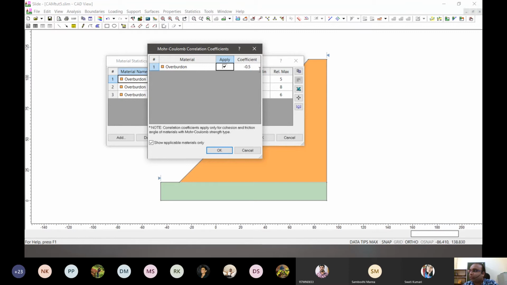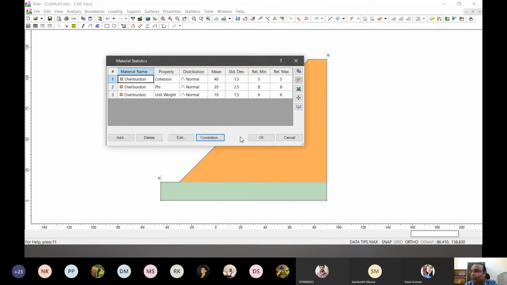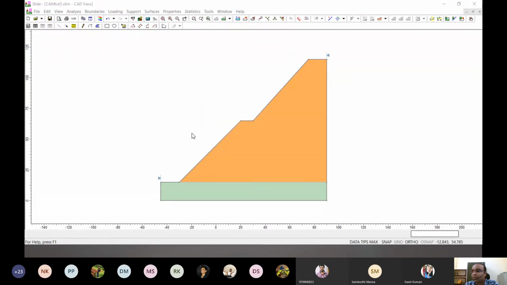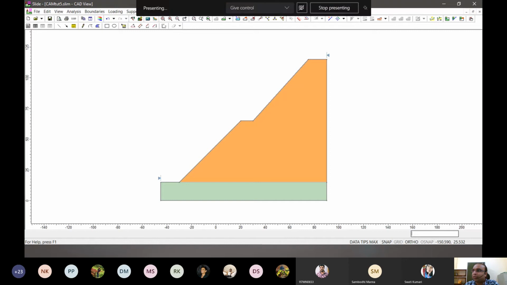So if I maybe say that, let me increase this coefficient of correlation to 0.8 and then click OK. Just analyze this again, and I do the interpret work again that we were doing, right?